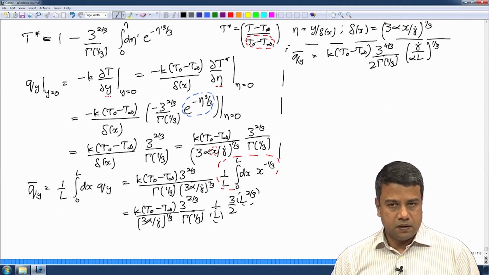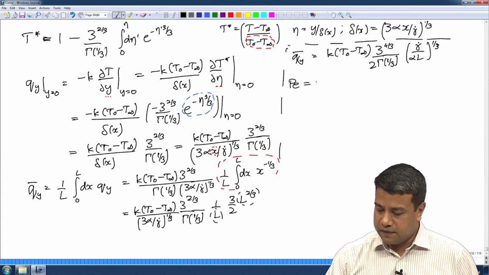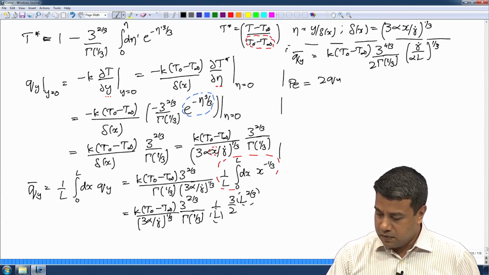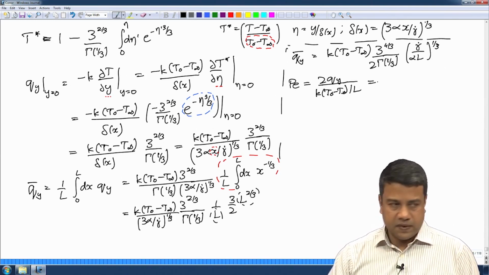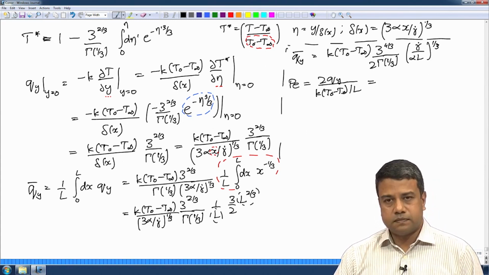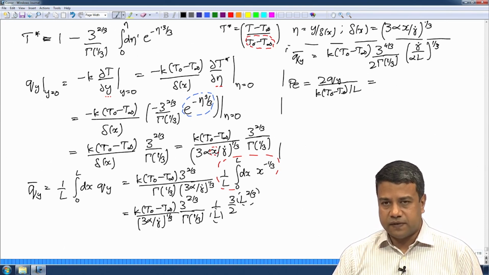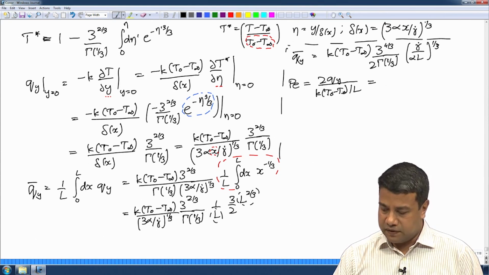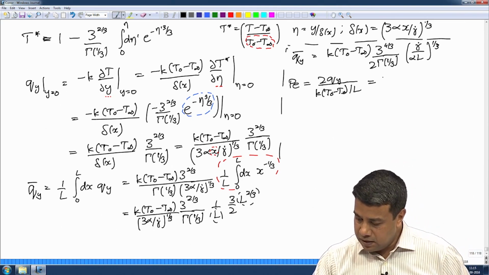What is the Peclet number? The Peclet number is typically defined as 2 q y by k into (T naught minus T infinity) by L. This is for the flow past a flat surface. The factor of 2 is a factor that is put in by convention. Now, when I divide throughout by k (T naught minus T infinity) by L, I will get